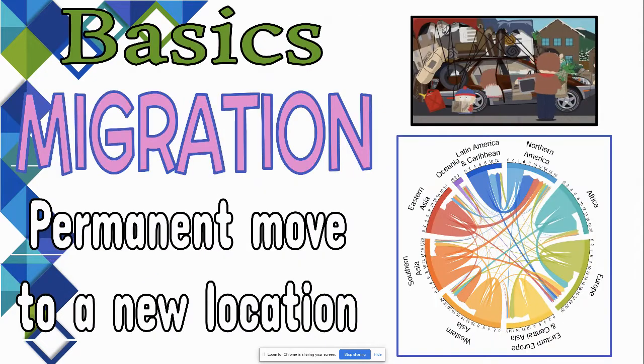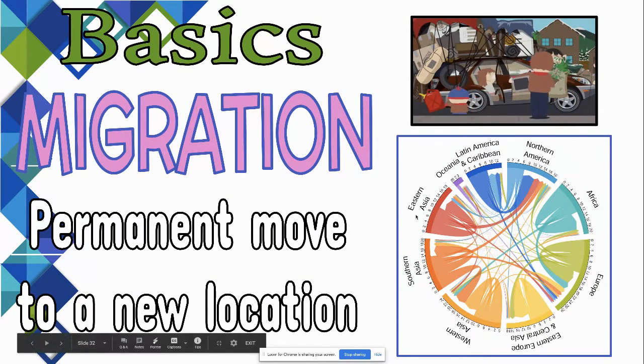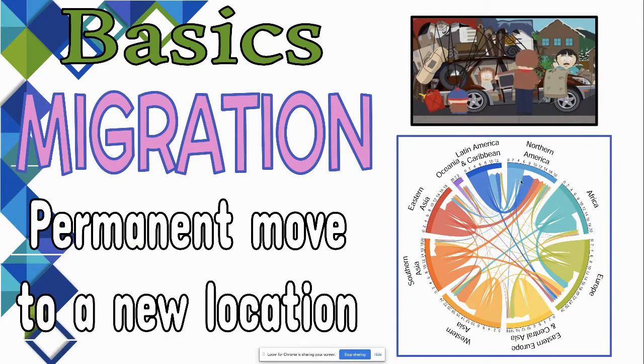All right, I was told to keep things a little shorter, so we're going to keep moving. All right, migration. I feel like this is the easiest definition so far. It is a permanent move to a new location. So what I've included over here in this lovely graphic is the number of people and the width of flows from a continent or region to other continents or regions. Okay, so the interconnectivity, the permanent move. One example I can think of is like Jay Sean. You move from New York.